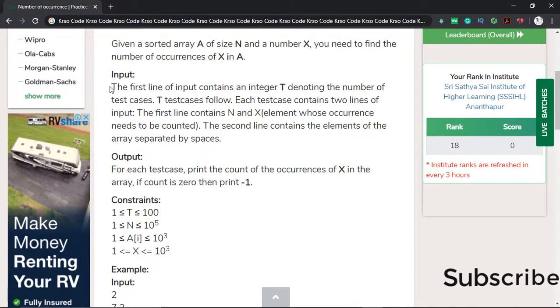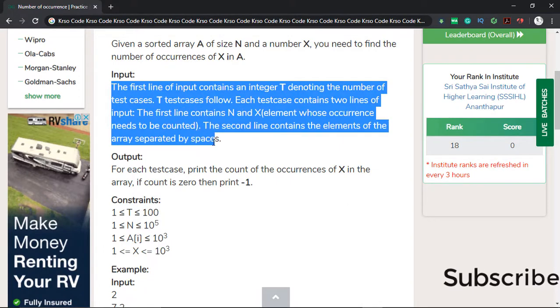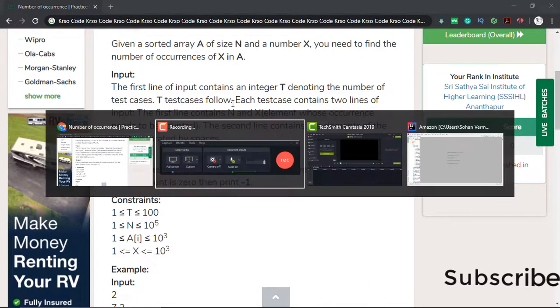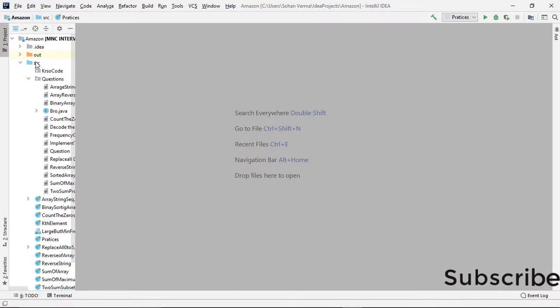And we have one input statement. Let's begin. The first line of input contains an integer t denoting the number of test cases. T test cases follow. So in this first line you have to take the test case, meaning how many tasks you have to perform. So I will go and make one